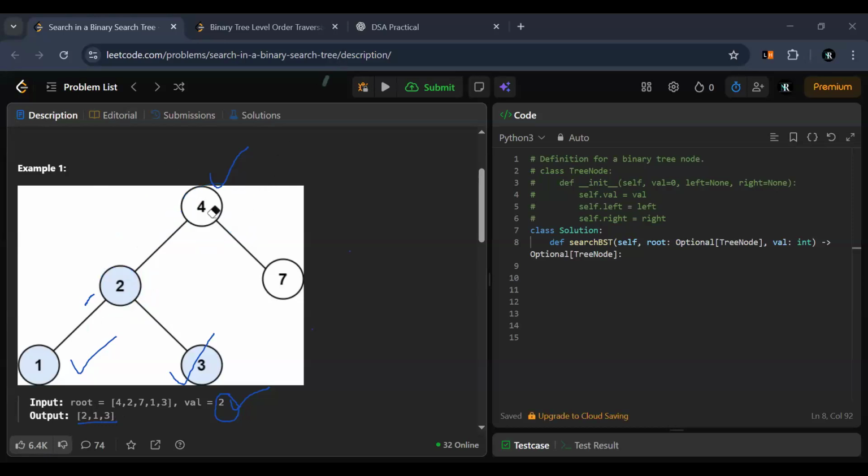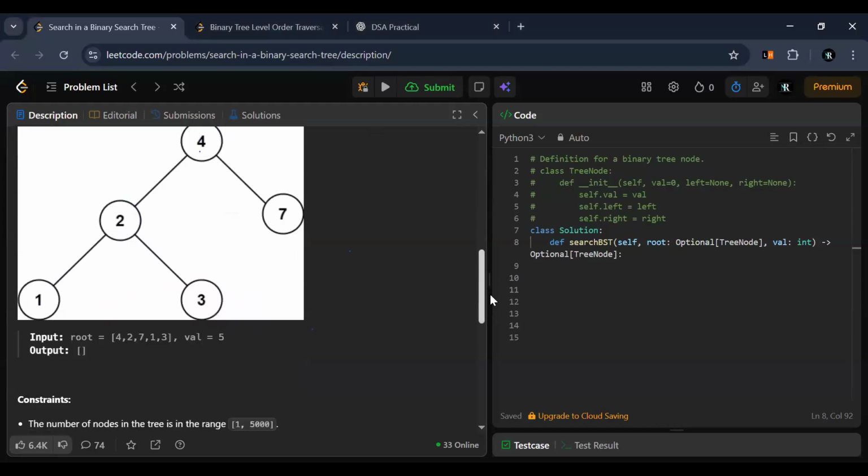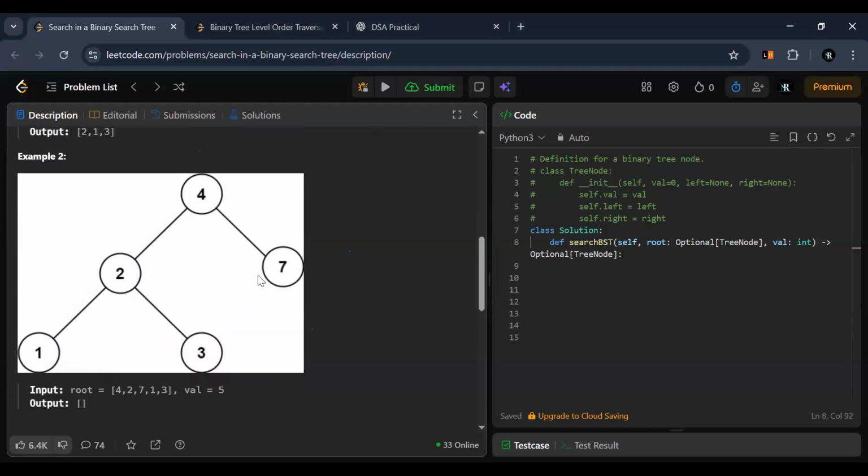हम नेक्स्ट एग्जांपल्स को भी देख लेते हैं, क्योंकि कुछ बेस केसेस भी होते हैं कि अगर हमारी रूट एम्प्टी हो तो उस केस में क्या होता है। अब इस केस में देखिए, वैल्यू 5 फाइंड आउट करनी है। अब 5 जो है वो मिल ही नहीं रही, इस ट्री में है ही नहीं। तो जब हम सारे ट्री को ट्रेवर्स कर लेंगे और हमें वैल्यू फिर भी नहीं मिलेगी, तो हम एम्प्टी रूट रिटर्न करवा देंगे।